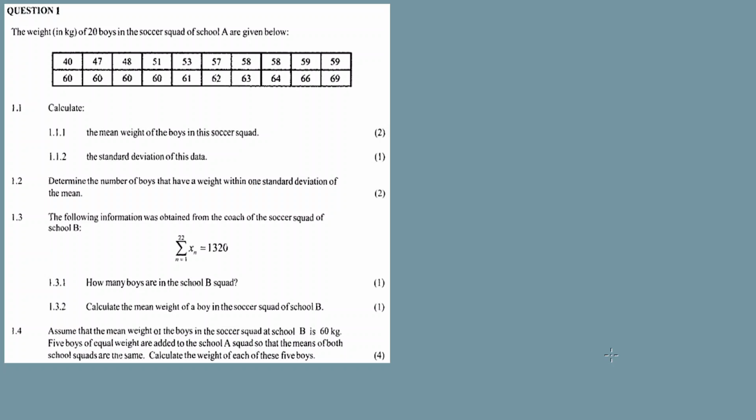Okay. In this question, we will discuss statistics. This question is from the KZN Prelim, the preliminary examination they wrote last year,